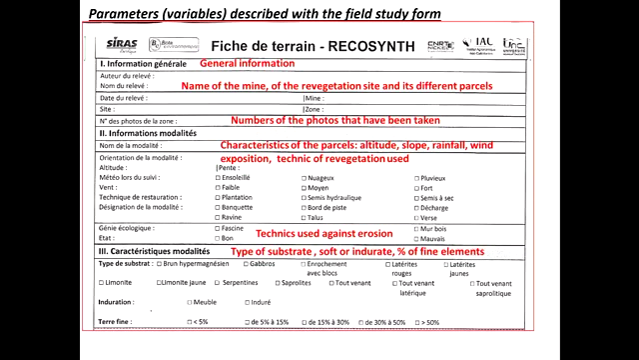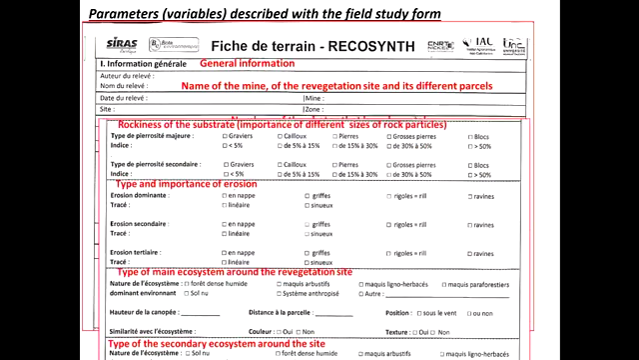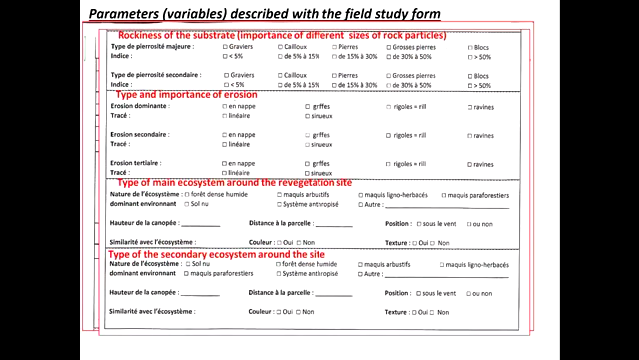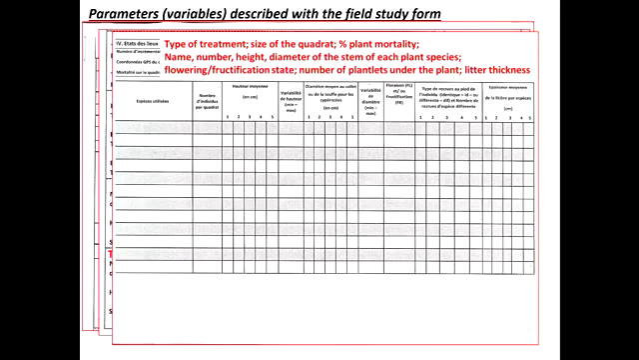The first page of this form is for general information and the characteristics of the parcels and the substrates. The second page concerns the substrates and the erosion and the ecosystem surrounding the vegetation site. The third page corresponds to the characteristics of the vegetation with different characteristics, and this is done with 5